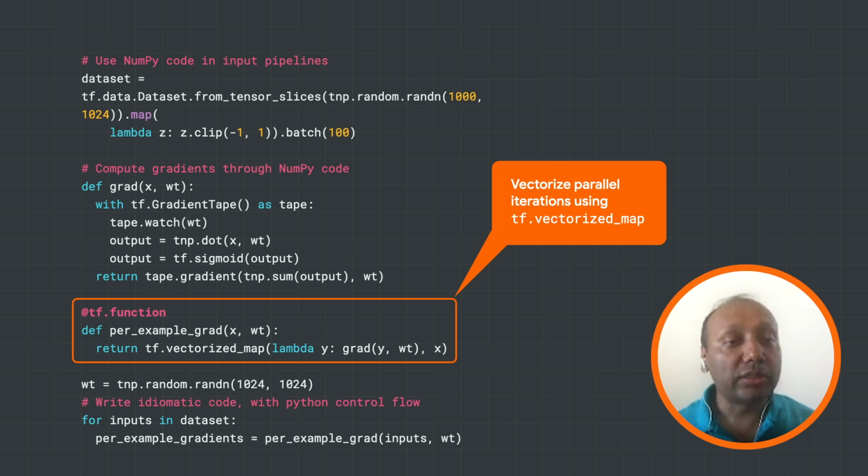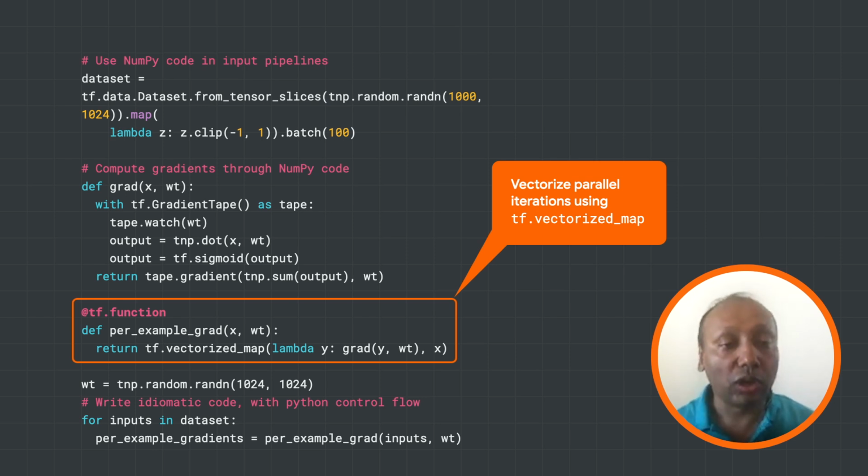Another optimization that provides a lot of speed up is auto-vectorization. The way it works is it takes an iterative code and it does a large rewrite on it. So it will take the loop body, go over all the operations in the loop body and replace them with operations of higher ranks. And by doing that, it can completely get rid of loops, which provides large amounts of speedups. So in this case, replacing the map function with a vectorized map triggers this vectorization machinery and can provide large speedups.